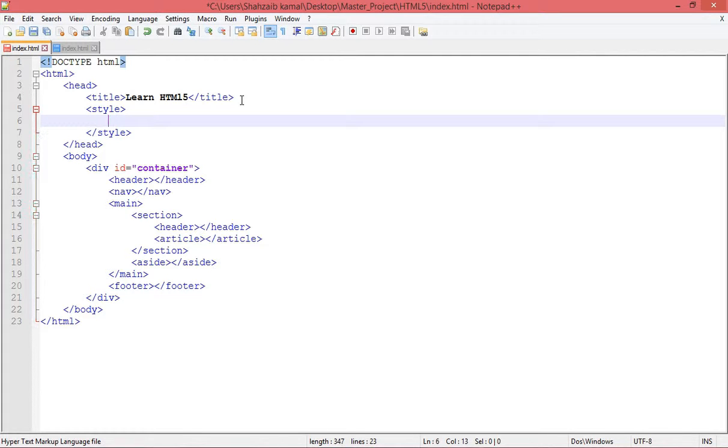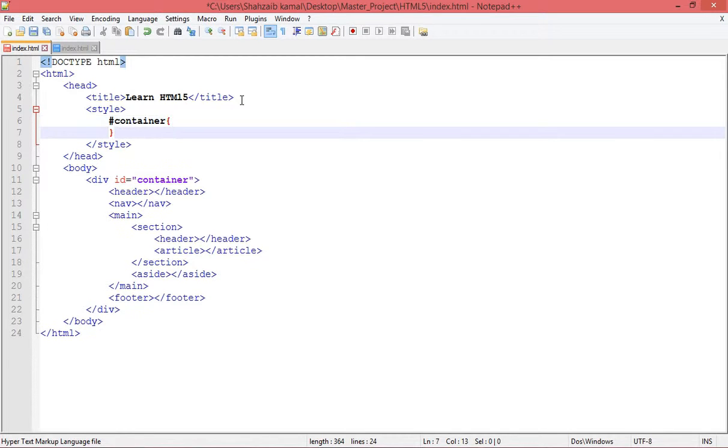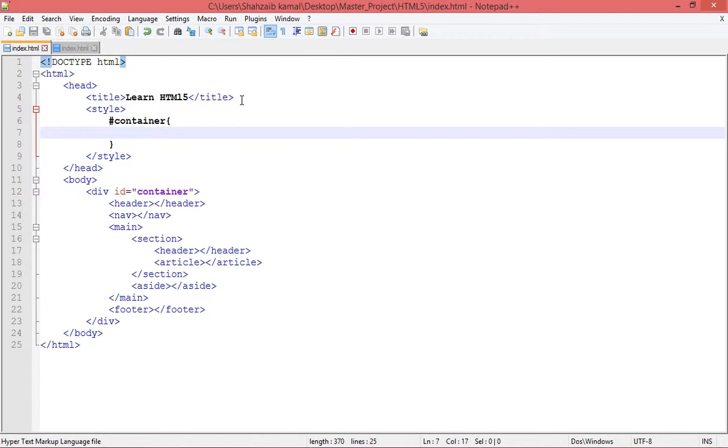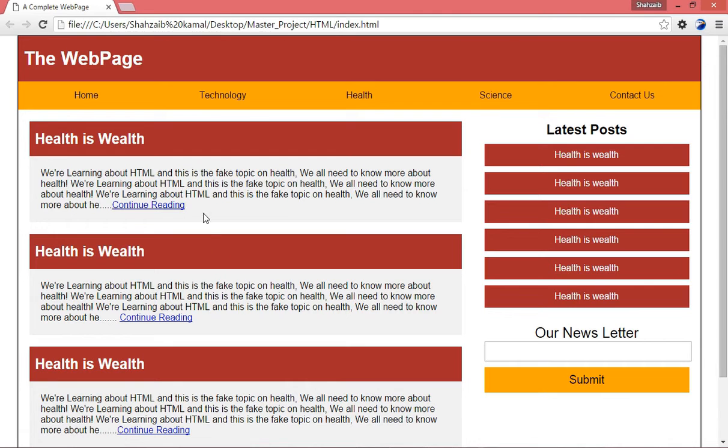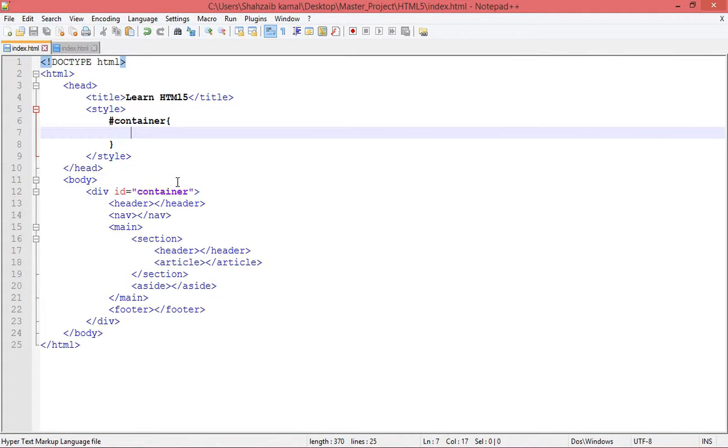Here, just remove the tag and directly call the, first of all we need to call the container. And I just need to complete this fast, because we just need to create the layout. I'm not going to create the complete navigation or these texts, because you know how to put that. In fact, you can do those things by yourself. I don't think I should create all these things which you already know, which is simple HTML. So right now the background color